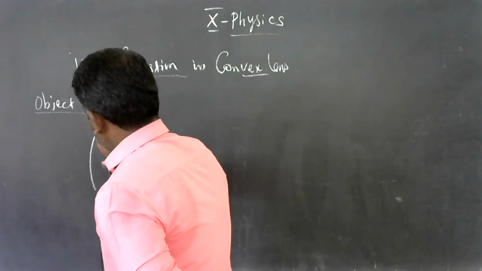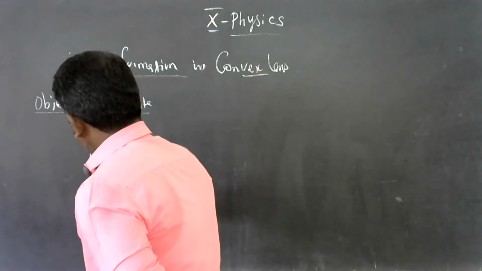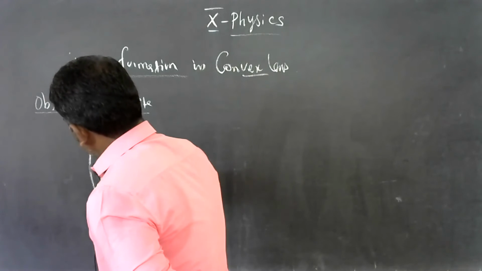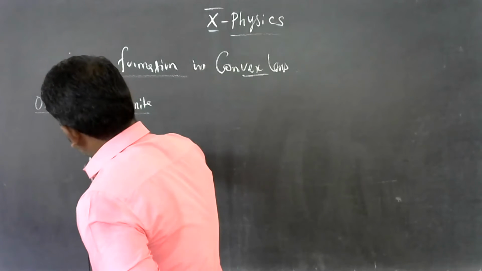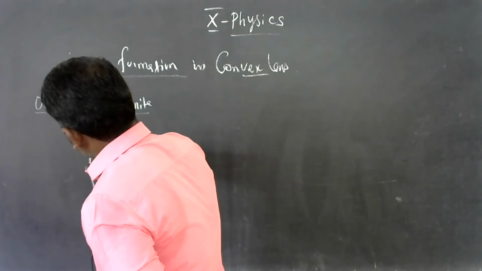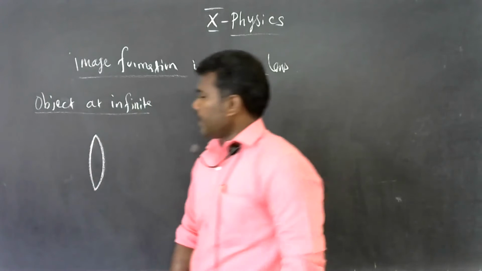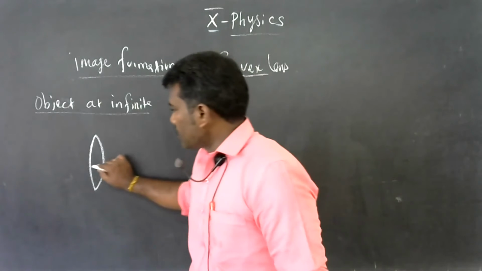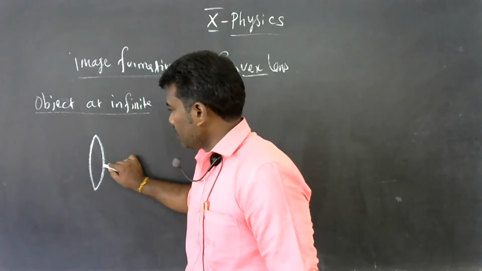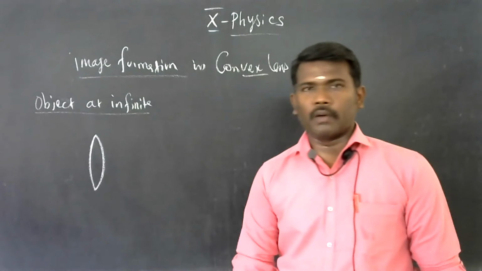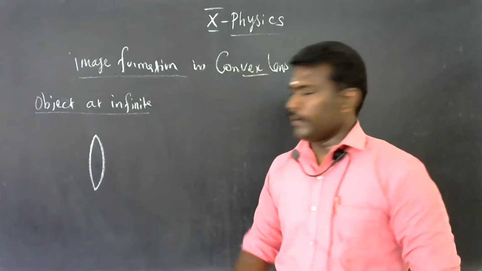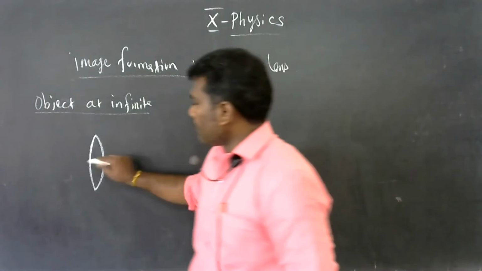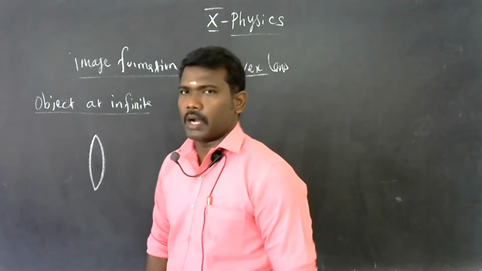For each and every case we are using the convex lens. It is simply called a convex lens, but the actual name, as I already told you, is double convex lens, because the two surfaces of this convex lens have the same radius of curvature, and the refractive index of these two surfaces is also the same. So a double convex lens is simply called a convex lens.